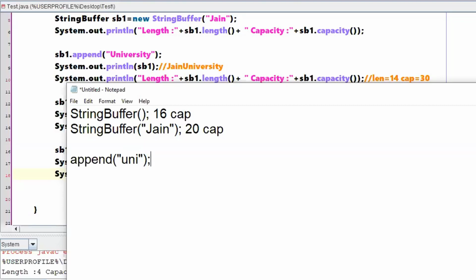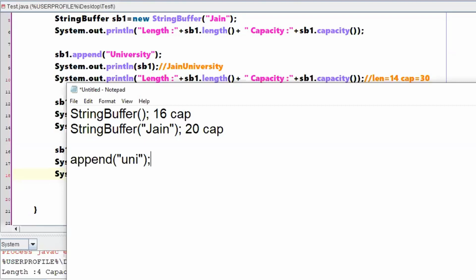Now, if you have filled all those 16 spaces, what it thinks is, okay, this person is doing so many operations on the string buffer. Whatever memory I have given him, he is utilizing everything. So next time we will make sure that we give some more extra space, right?